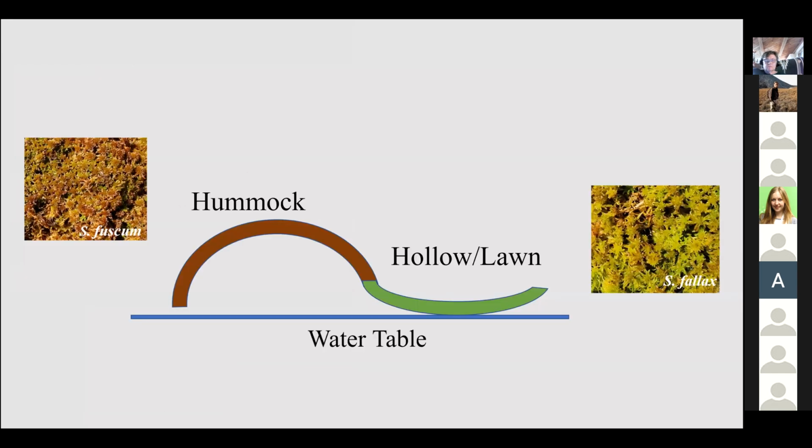And so this is what I mean by different landform types. On one end, on the left, you have hummocks, which tend to grow higher above the water table and allocate more resources to growth in height. So their capitula, or that cluster at the top of the moss that's largely responsible for photosynthesis, tends to be smaller and more densely packed, which may improve the efficiency of capillary action. While on the other end, there are hollows or lawns, though I'll be referring to them as hollows, that grow much closer to the water table and tend to allocate more resources into larger, less dense capitula.